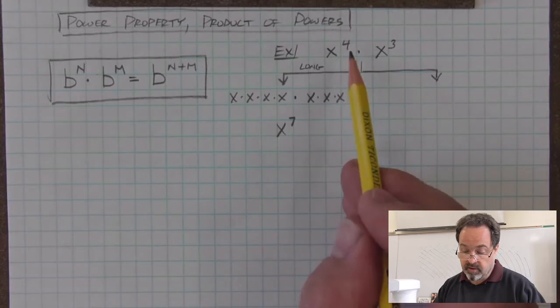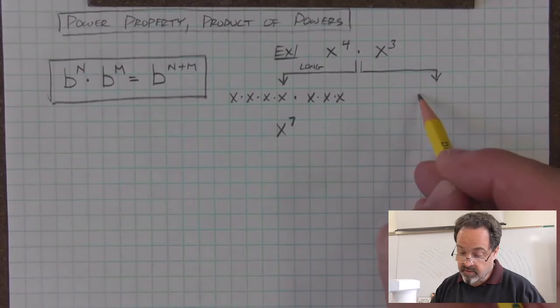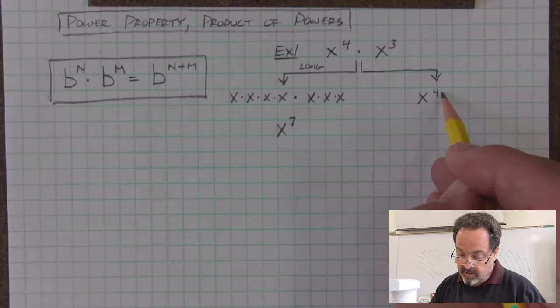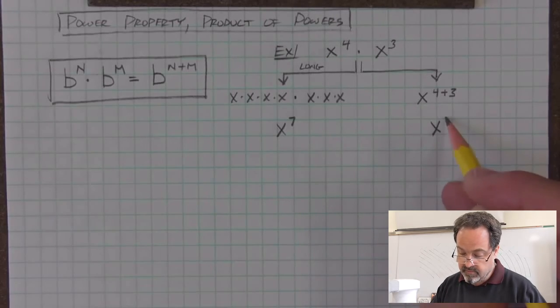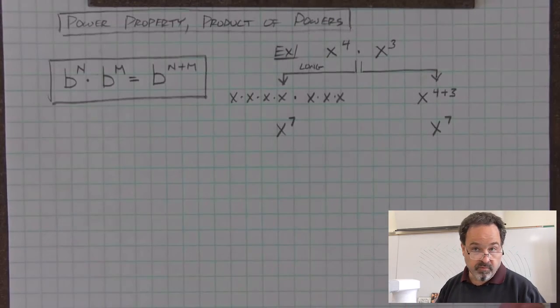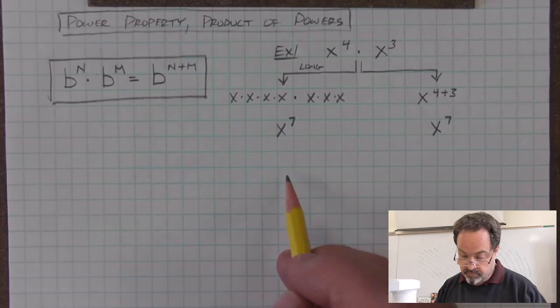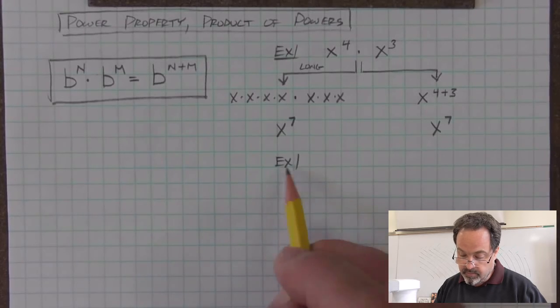In this case, we have two powers with the same base x. So we can think of this as a power with the same base and add the exponents 4 and 3 to end up with x to the 7th, just like we did before. This power property can be used to really speed things up. For example,